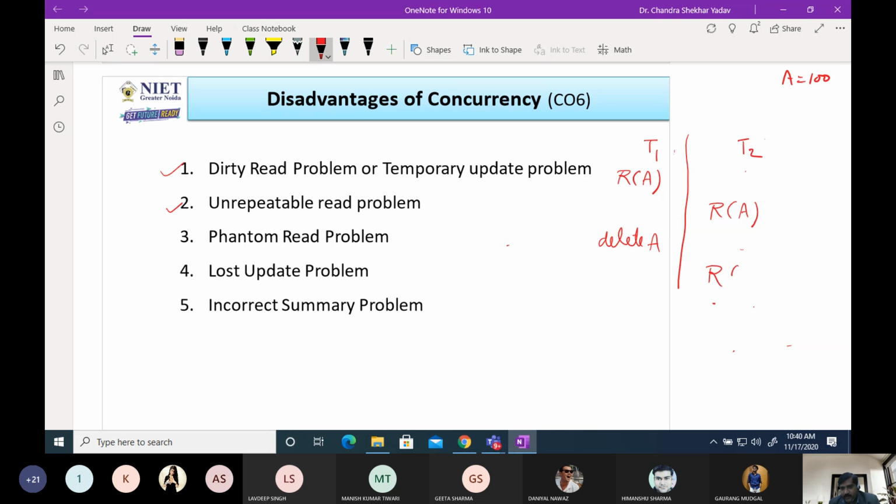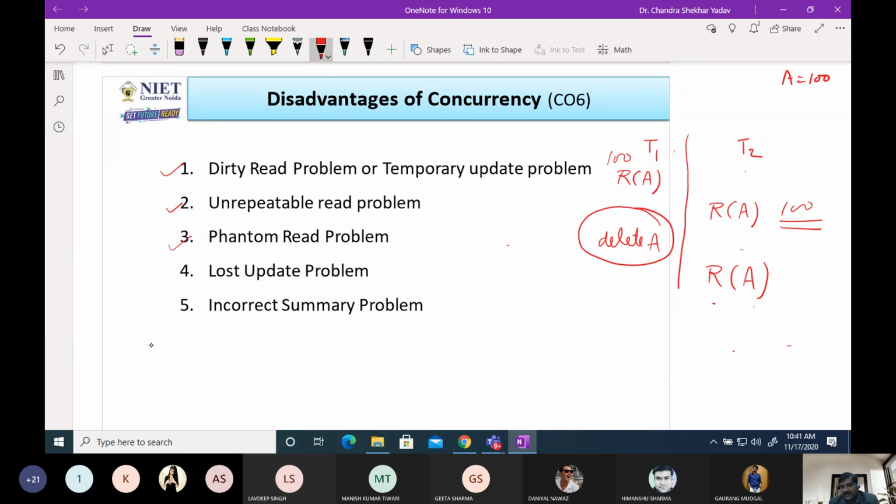And again if T2 wants to perform read operations over A, so first time when T2 performs read operations, then value of A is 100. And if second time T2 wants to perform read operations on A, then there occurs a message: Undefined. A doesn't exist. Why? Because before reading the second time, T1 deleted that variable. तो ये सरप्राइज हो जाएगा कि अभी तो हमने 100 रीड किया था, अब यहाँ डज नॉट एग्जिस्ट आ रहा है। फिर कंफ्यूज हो जाएगा। तो ये कहेगा कोई भूत तो नहीं आ गया, इसीलिए इसका नाम फैंटम हो गया।